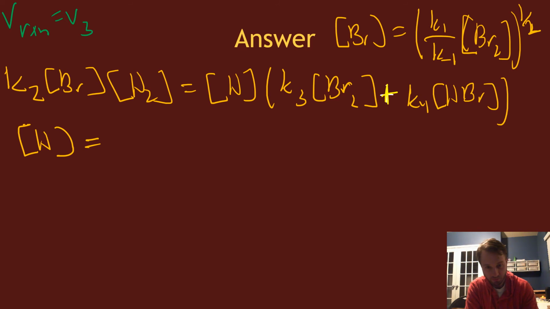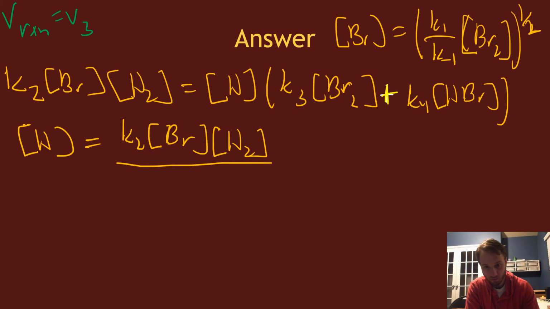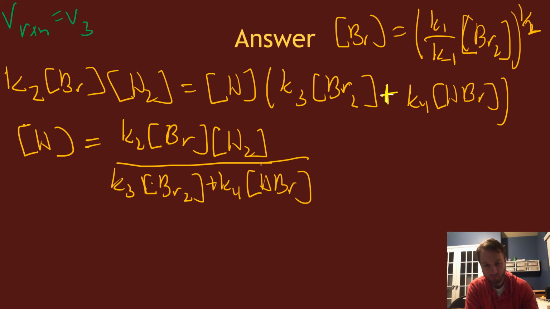equals k2[Br][H2] over k3[Br2] plus k4[HBr]. Okay, and then plugging in for [Br]. So taking this equation here and plugging it in here,